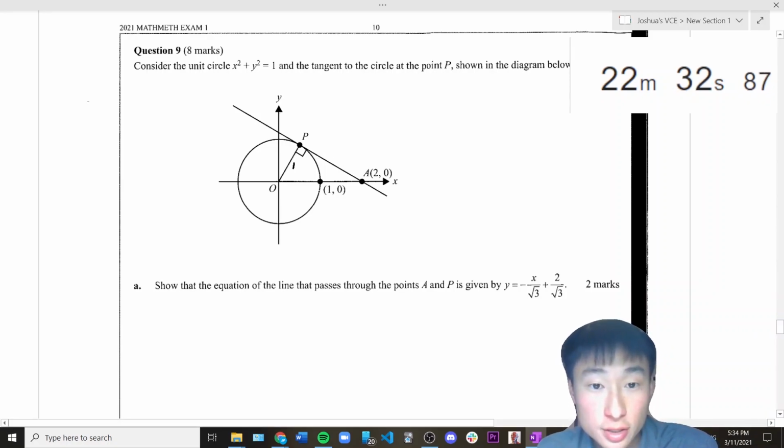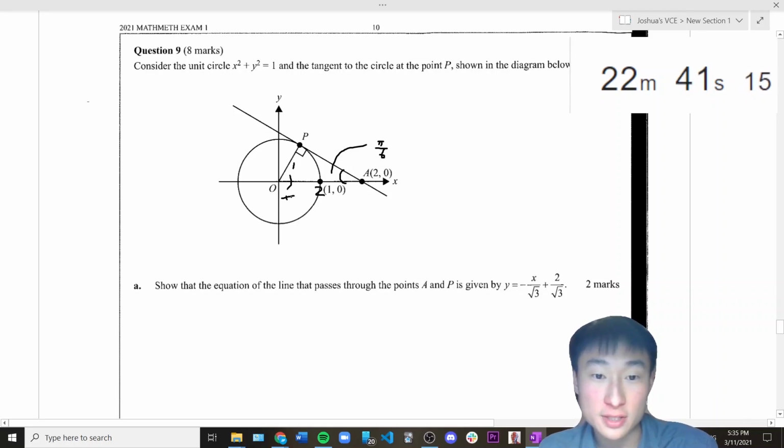Oh no, this is a triangle. Sorry, this is pi over 6. This is pi over 3 because it's a 30, 60, 90 triangle. So, because this length is 2, this is 1, this is root 3, which means that the